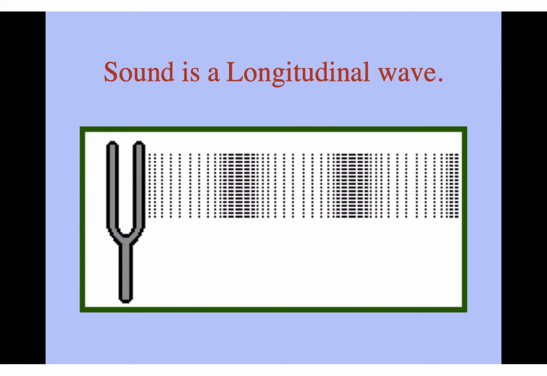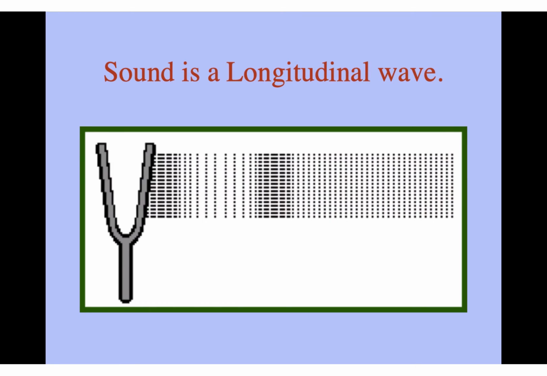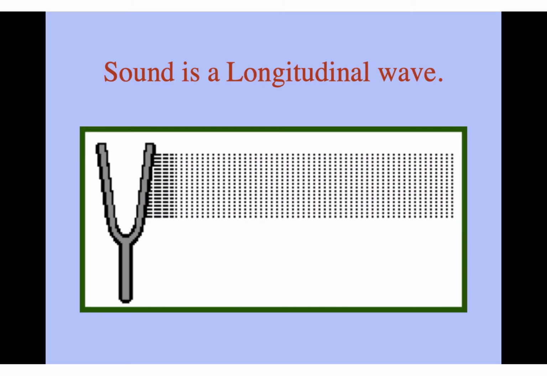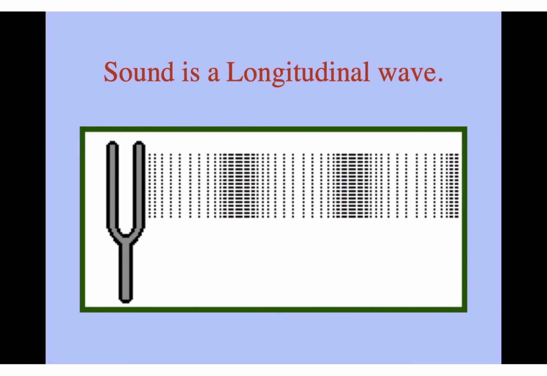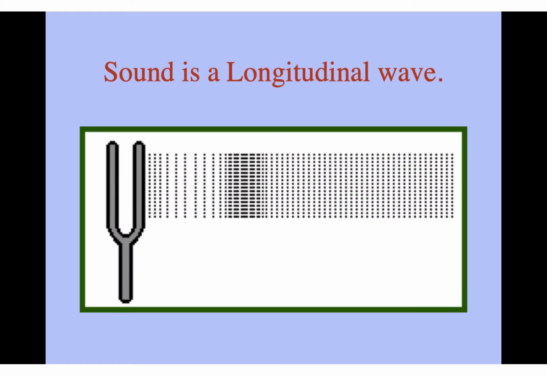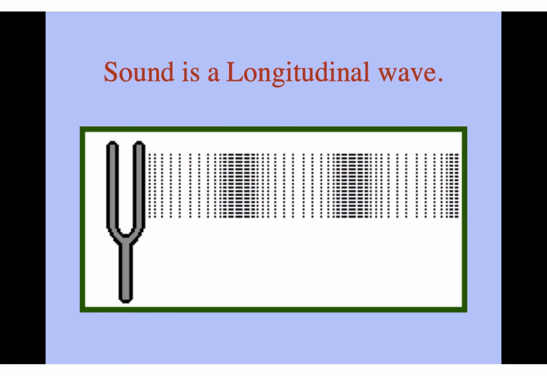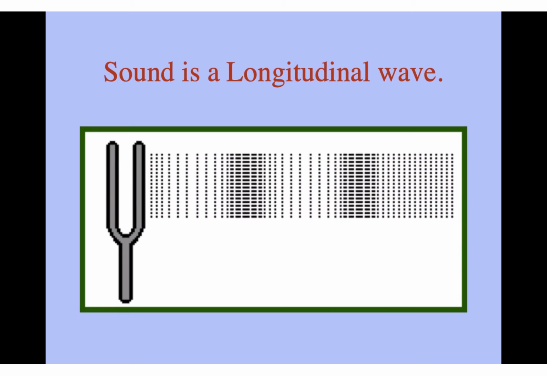Now, sound is probably the longitudinal wave that you are most familiar with. And this is a tuning fork there. If we were in class, we'd have these out. And it's creating energy. It's vibrating. And it could be a guitar string or whatever. And what it does is it squeezes that air together and creates those compressions. And as it squeezes together, it forces energy to travel through that wave. And that is a longitudinal wave, which can also be known as a compression wave sometimes.